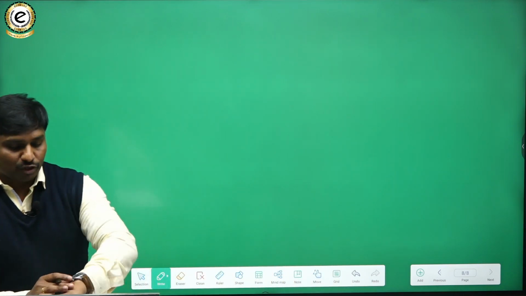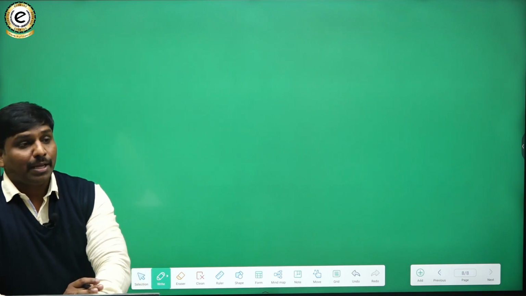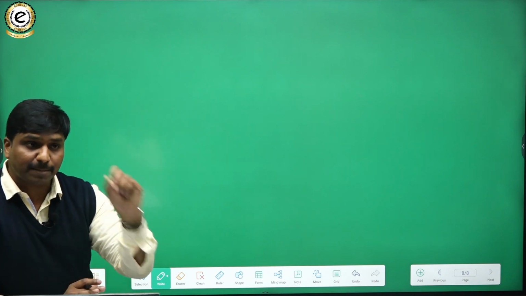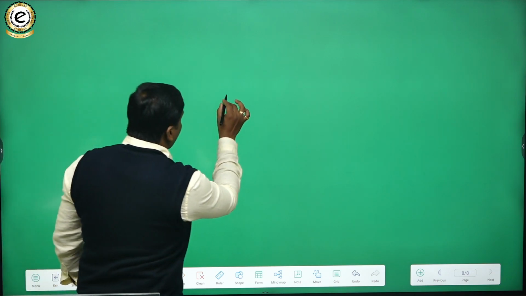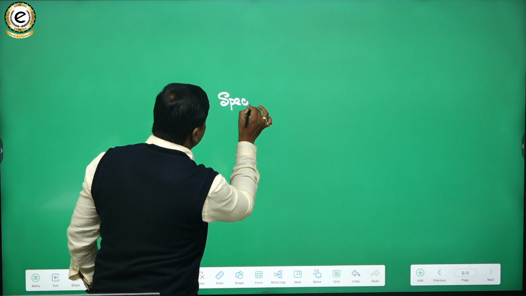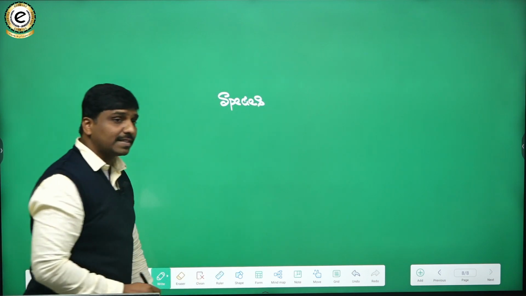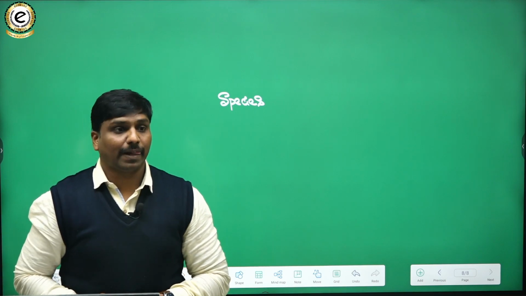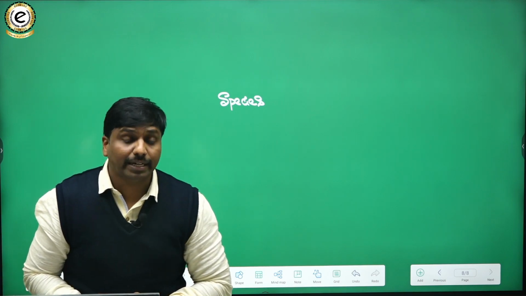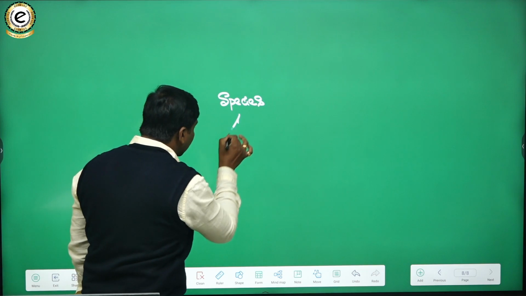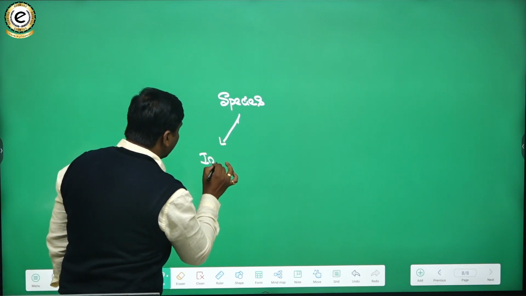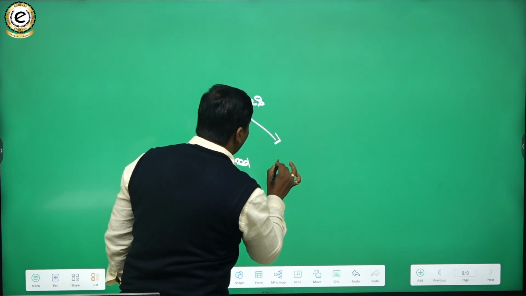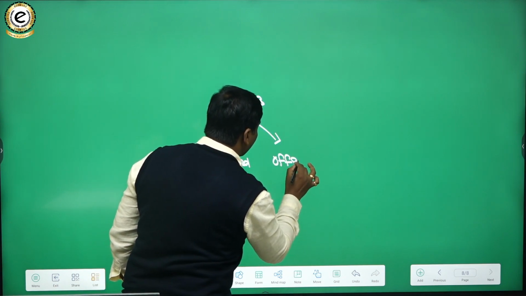And then when we talk from the perspective of population, population means a group of individuals belonging to the same species. Here, what can we say with respect to species? Species means a group of organisms who can interbreed among themselves and who can produce viable, fertile offspring.